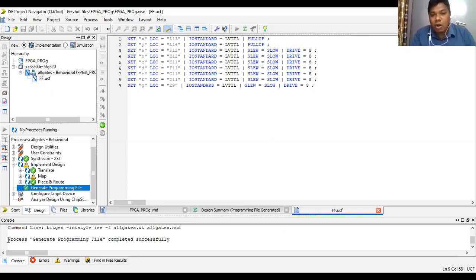Now, under the VHDL files, FPGA Pro folder, we will have all the files that have been generated. For example, one file for translate, one for mapping, one for place and route, and for the bit stream we will have a .bit extension. All these will be checked. We will use this path and check whether all the files are loaded or not.